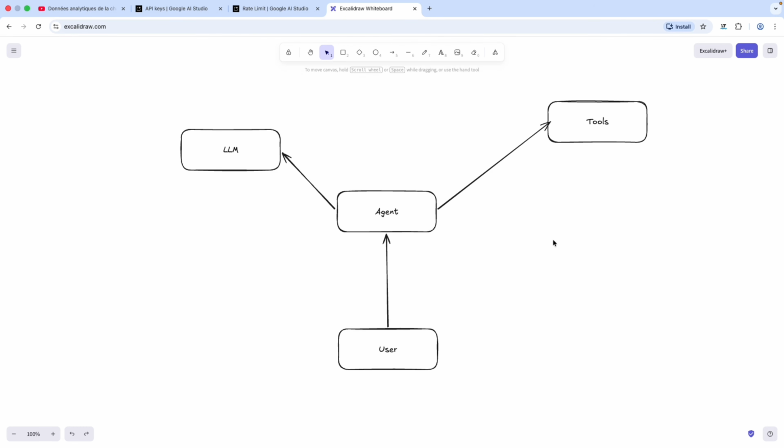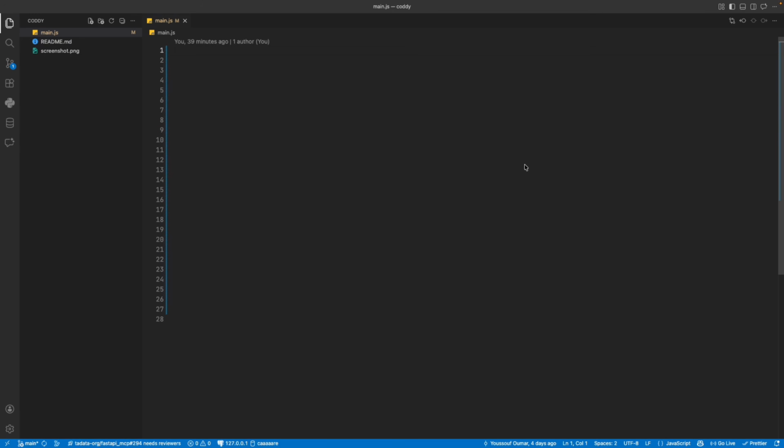Now that we understand that, let's jump into the code. We will be using JavaScript, but it could be done using any programming language, and if you understand basic things in programming, you will understand what we are doing here and you can translate it to other languages very easily. So the first thing that we need is to import some packages from Node.js, which will help us read what the user types in the terminal with readline, and also interact with our file system. The path module, for example, is to know the absolute path for a file, and the fs is for reading a file and also for editing a file.